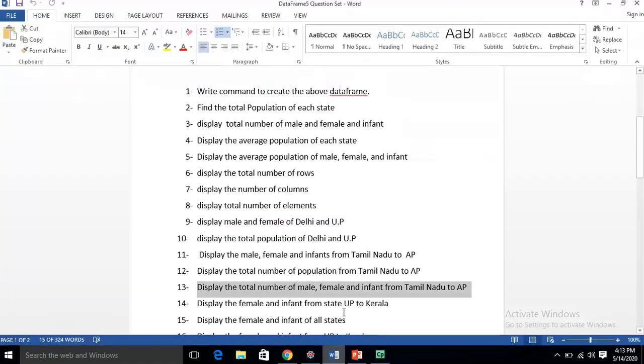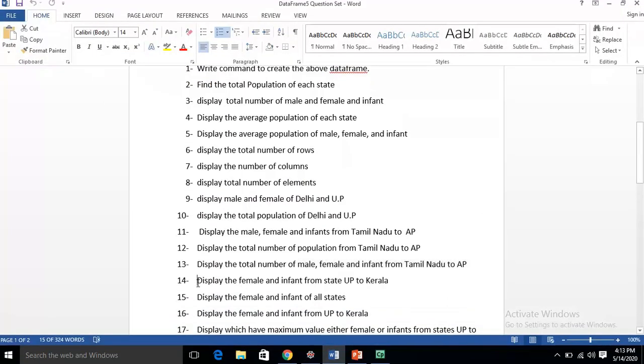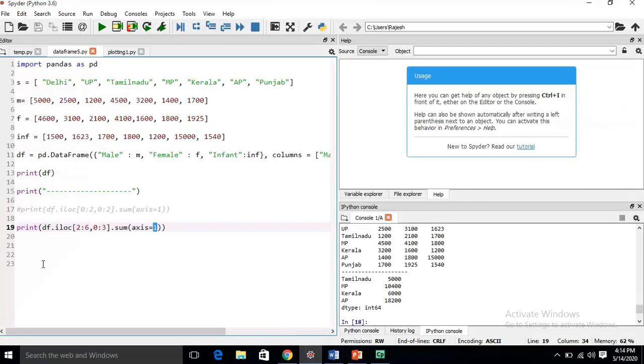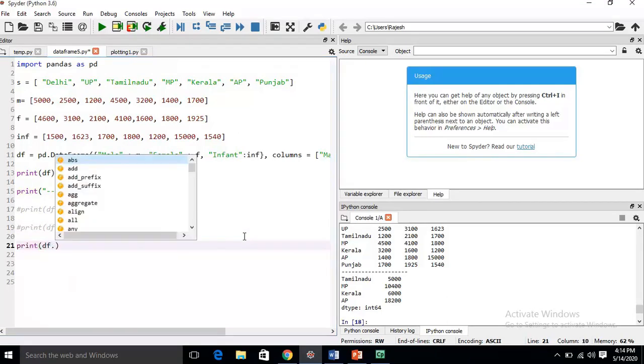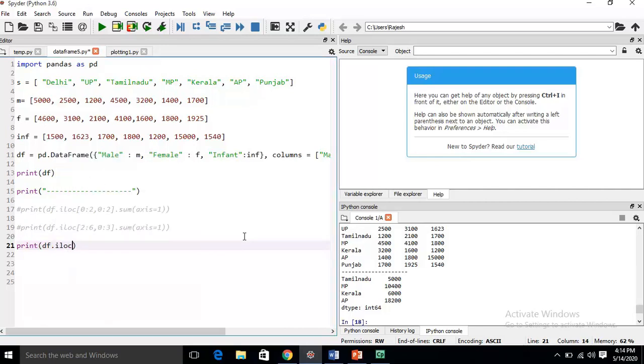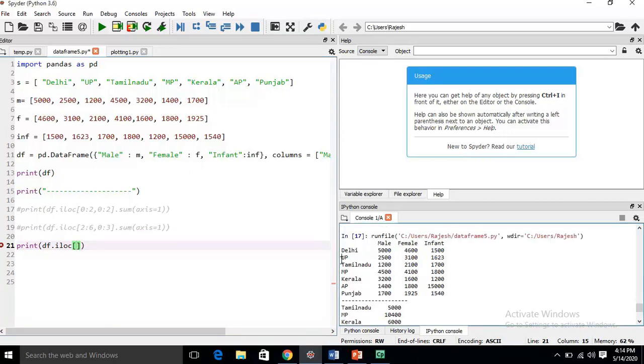My next question is: display the female and infant from state UP to Kerala. It is very similar to the previous one, but let's see this. I have used a hash comment, then again print, because we have to display the output. iloc, then the question is UP to Kerala.